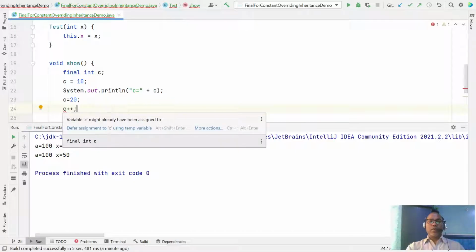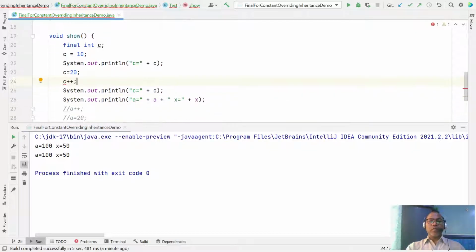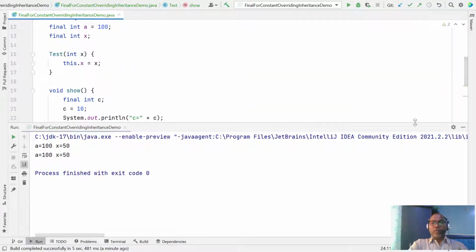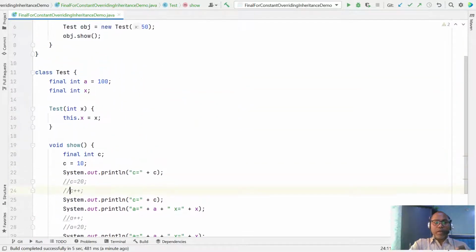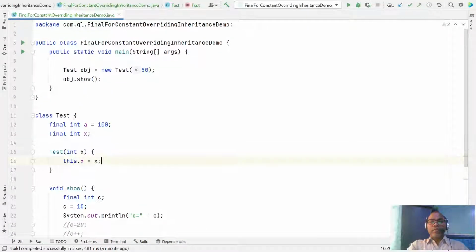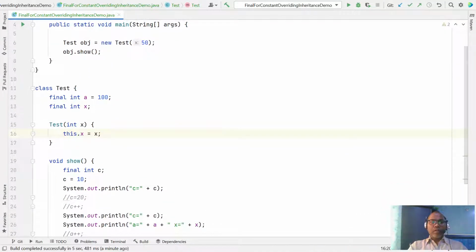So these are the scenarios where final variables are those which have only one specific value. You can declare a final variable and initialize it only once. After initialization, you cannot change or reassign it. This is the use case of final.